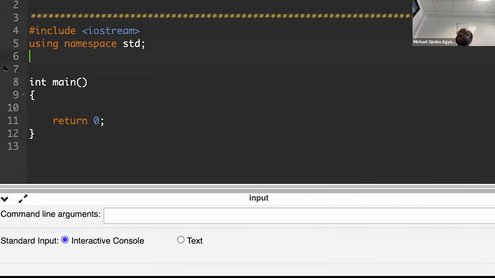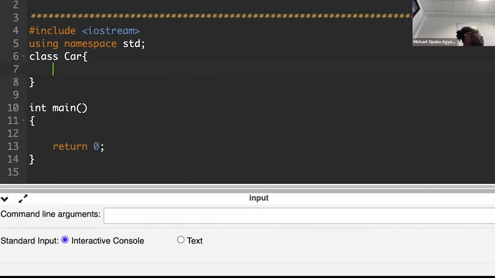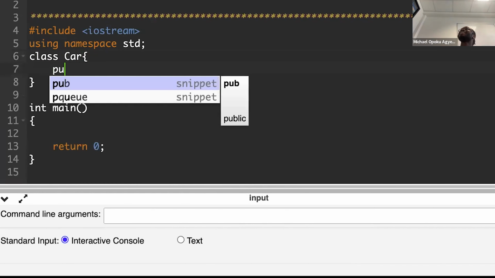Luckily, the first example agrees with the stuff we've been talking about. So we have a class called Car. Remember, C++ is case sensitive. Again, like most functions, open and closing brace. Are you writing alongside me? You're going to ask me a question if it stops making sense? Yes. So in the class,